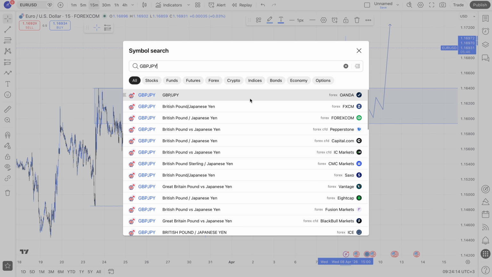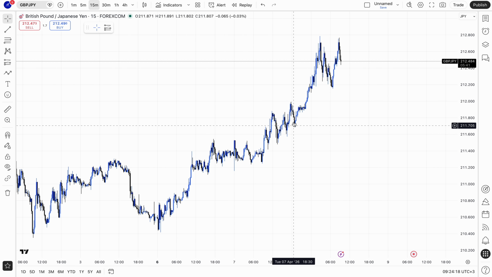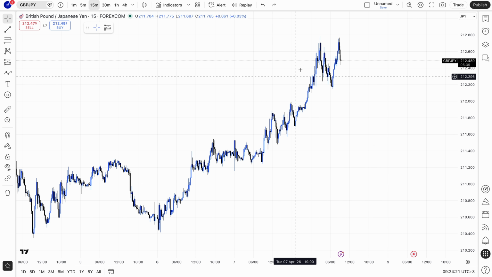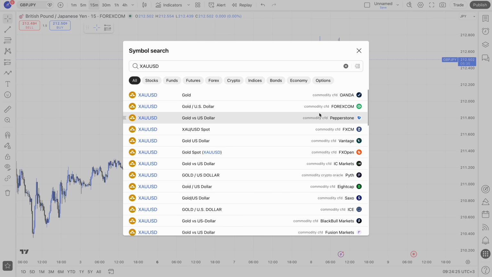Then for GBP JPY, yesterday we had a clean trade on GBP JPY. We had a clean trade from here and then you got out from around here. Then for gold,